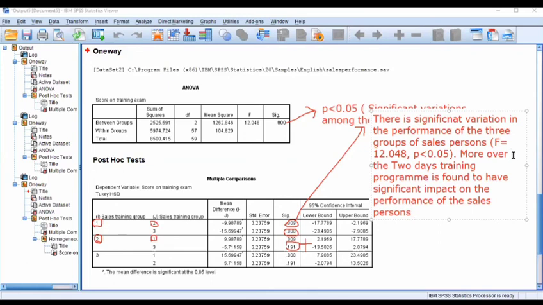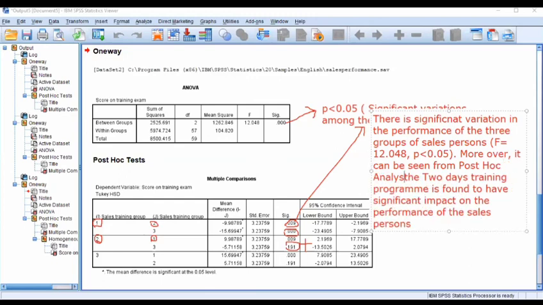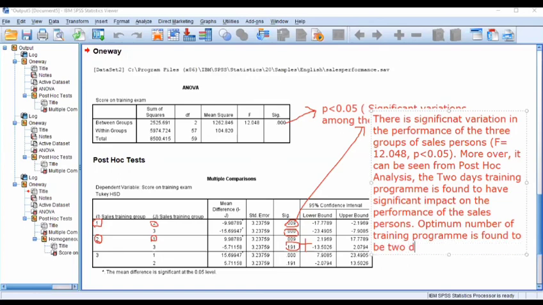So you can write over here, moreover, it can be seen from post hoc analysis that the 2 days training program is found to have significant impact on performance of the salespersons. So the optimum number of training days is found to be 2 days, right?